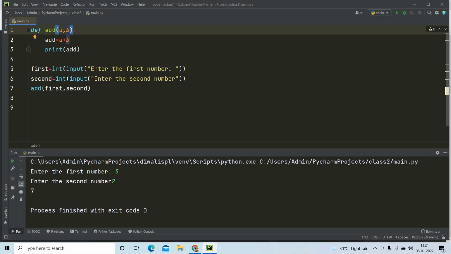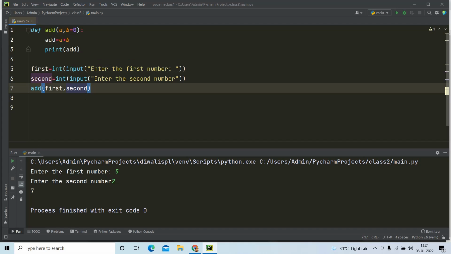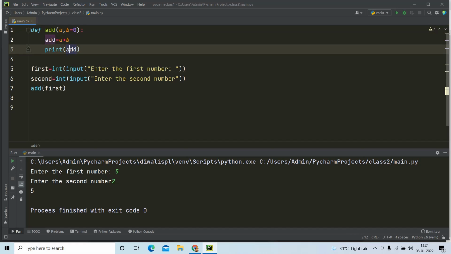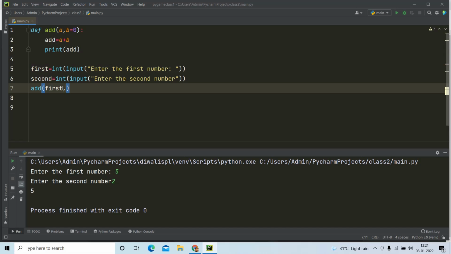And if you have any parameter, even if the user did not pass any number, if you want something to be default, then you can initialize over here. Here for example I have written b is equal to 0 and maybe I am not going to pass my second. So if I run this program and check what will happen, it will ask my first number and second number, but 5 is only printed because I have passed only first number, and since b is automatically assigned to 0, the program will run without any error and it will be printing 5 plus 0 which is equal to 5 itself.